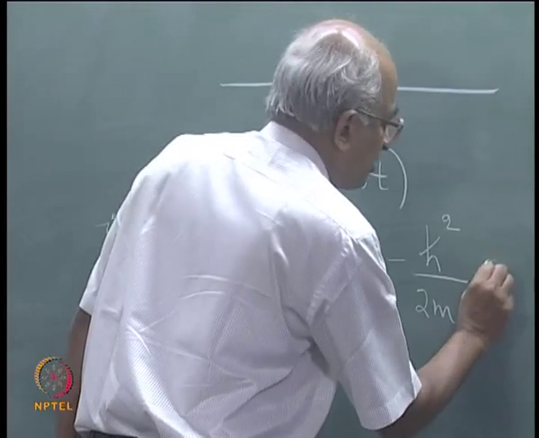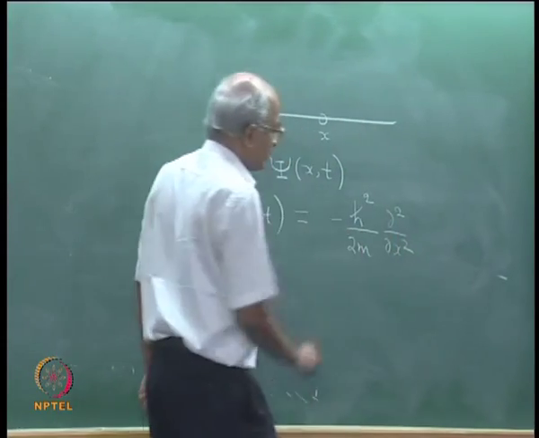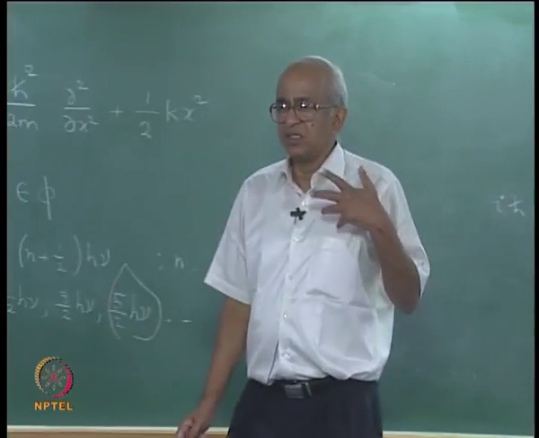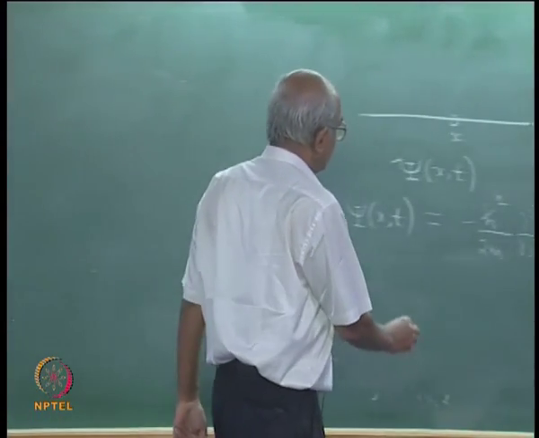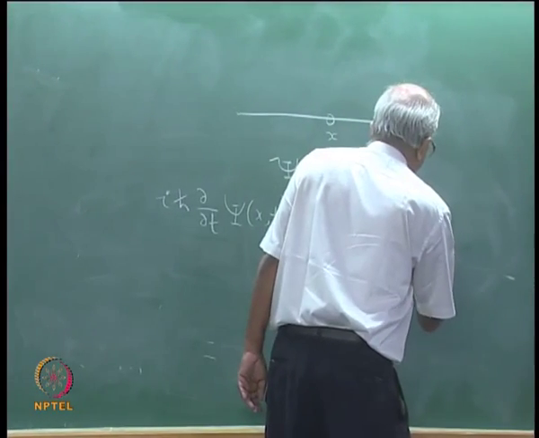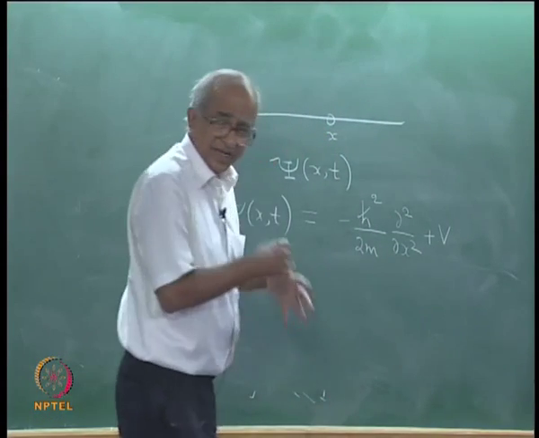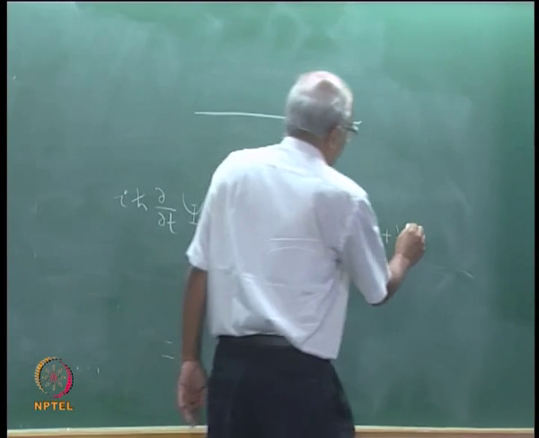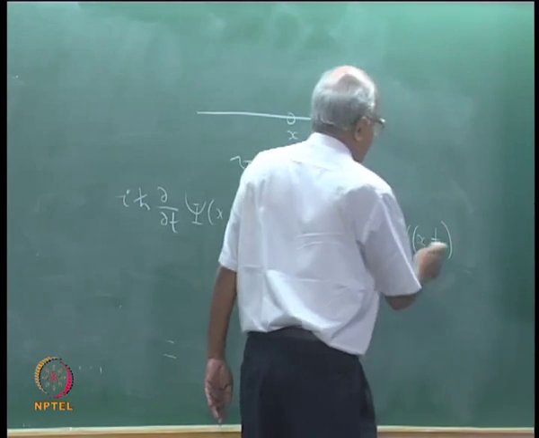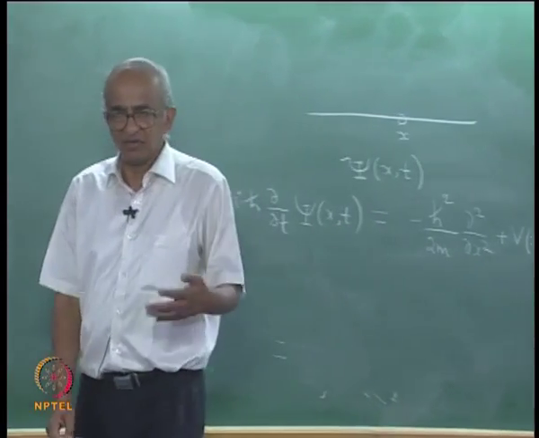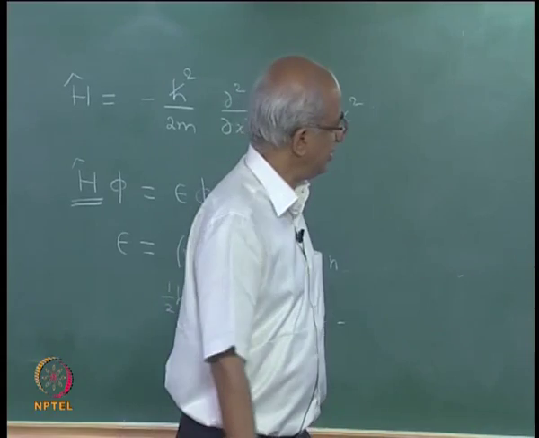Not just that, because you will have 2 differentiations with respect to x. So, this is the kinetic energy part of the Hamiltonian operator, and then in addition to that, if you denote the potential energy of the particle by the symbol V, in general V will depend upon x, and maybe it can change with time, in which case it is a function of both x and t. If you have a potential which changes with time, then it will be V of x t,